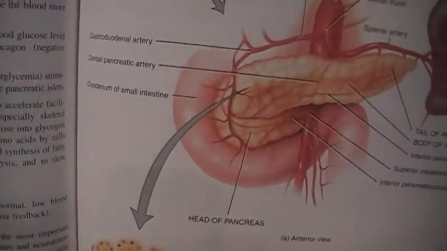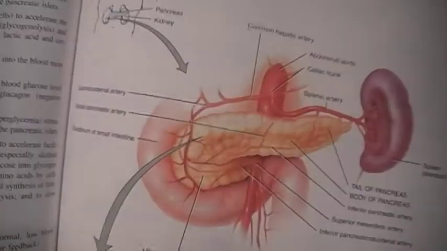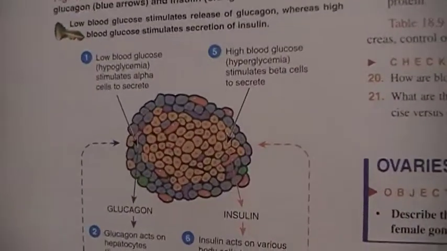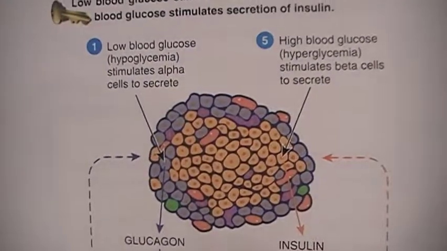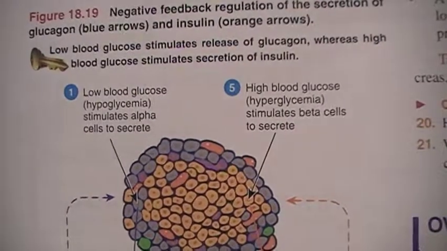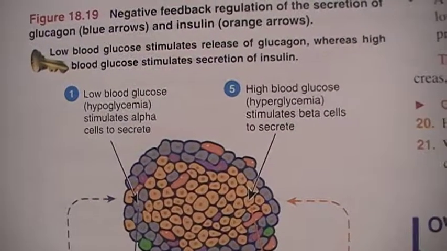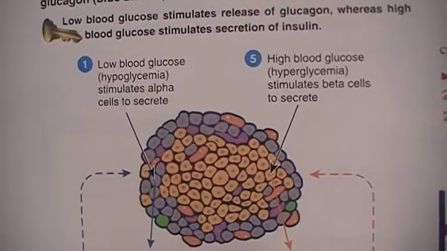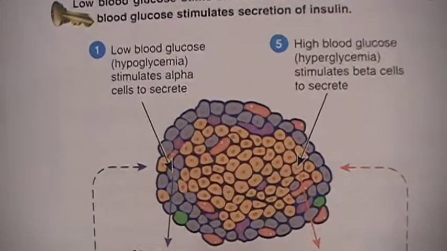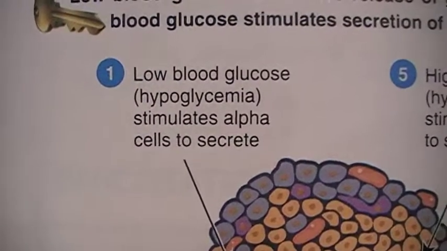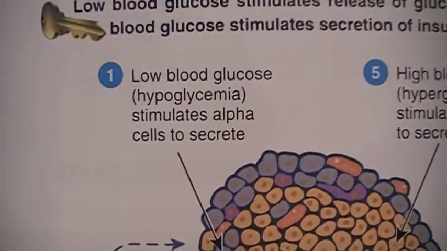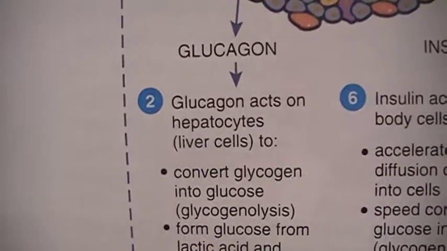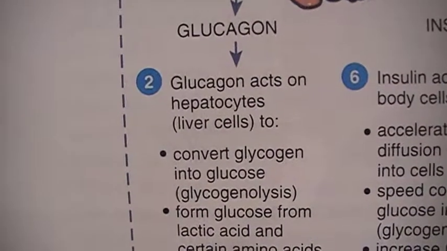This is the process for regulation of insulin and glucagon. Number 1, low blood glucose stimulates alpha cells to secrete glucagon. This occurs if there's low blood glucose, which is hypoglycemia. Then number 2, glucagon acts on